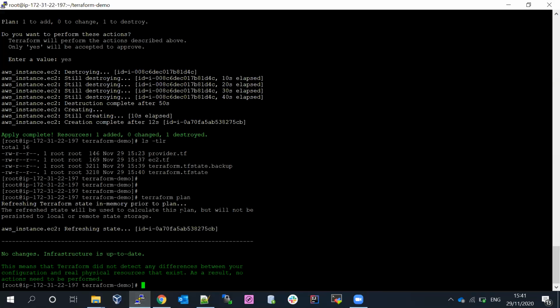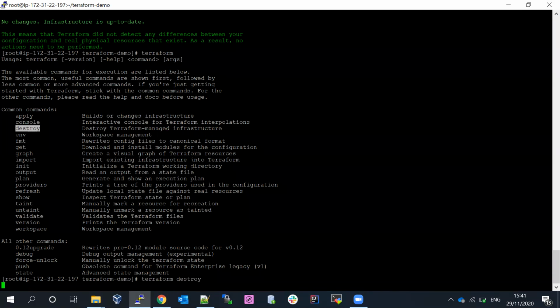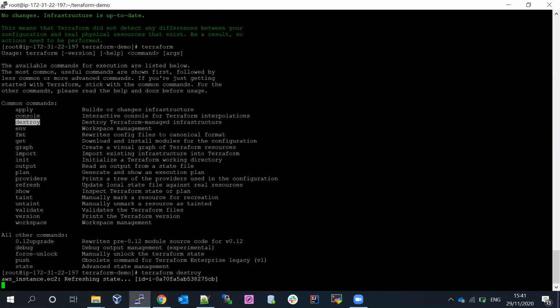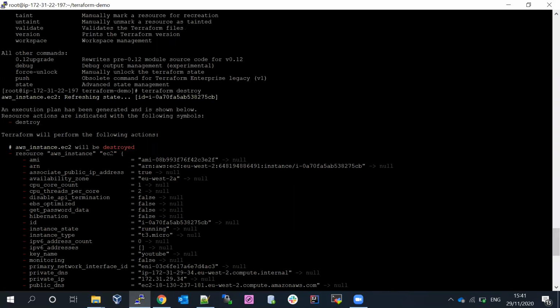Now I'm going to destroy. If you run the Terraform command, you can see a lot of commands available. Now I will use the Terraform destroy command. If I run Terraform destroy, it's saying 0 to add, 0 to change, 1 to destroy. You can see all this red color, and the minus means destroying. You can see the resource type is being destroyed. If I say yes,